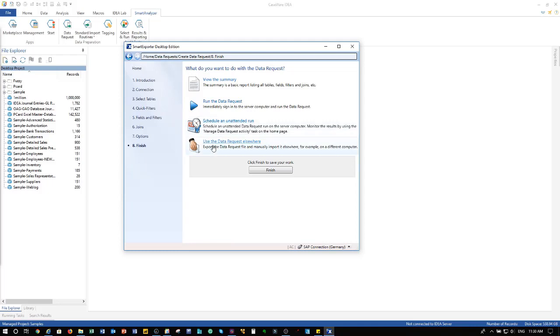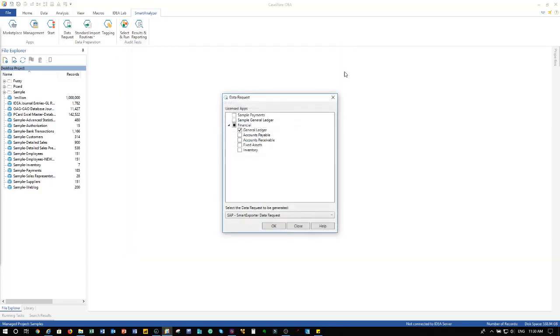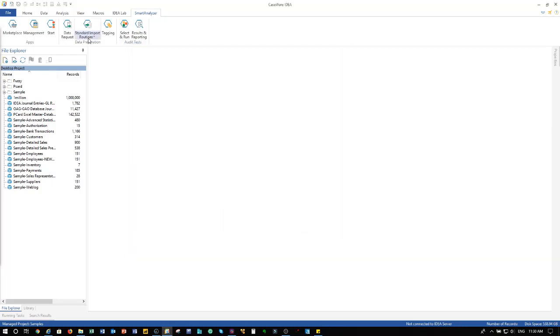And we could also generate an XML file, which we could provide to IT for them to generate the request. In this case, let's just say we already ran the extraction and brought that over to IDEA. The next stage is to prepare the analysis. So if I say, let's prepare the import from SAP,